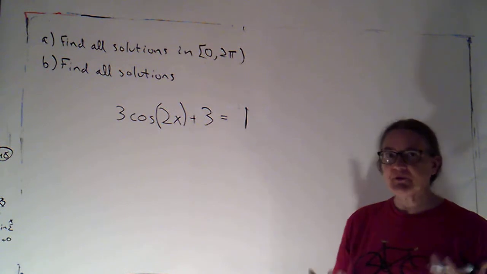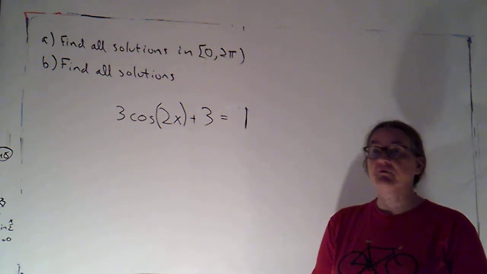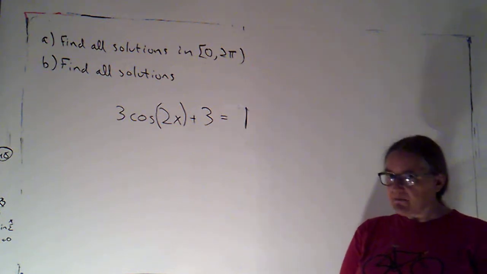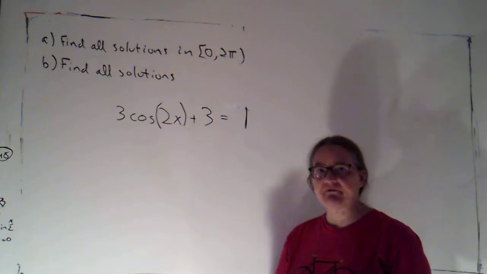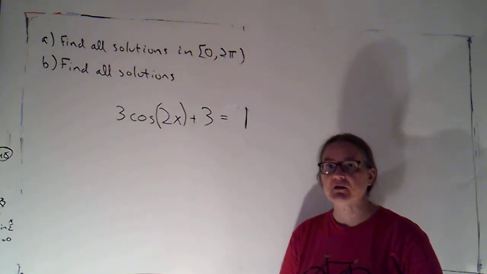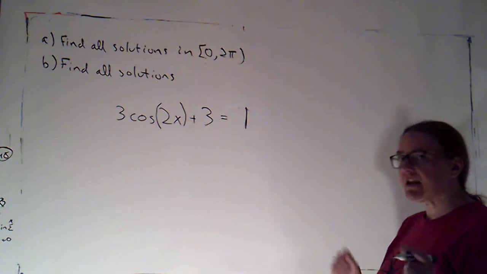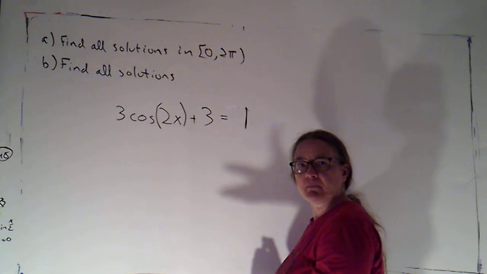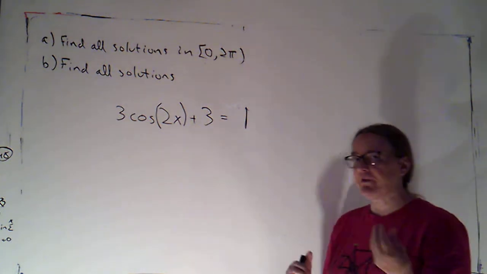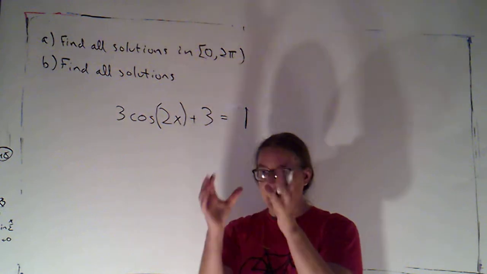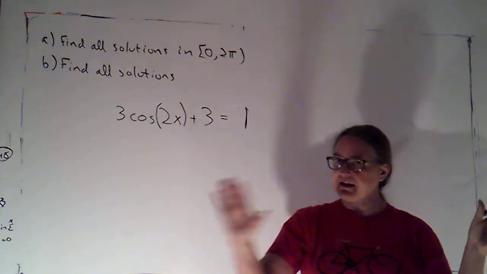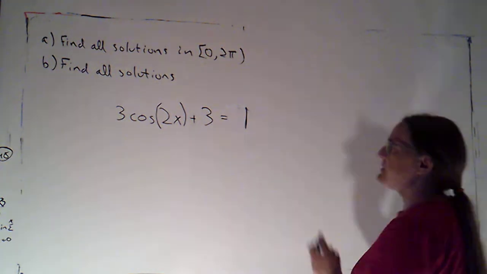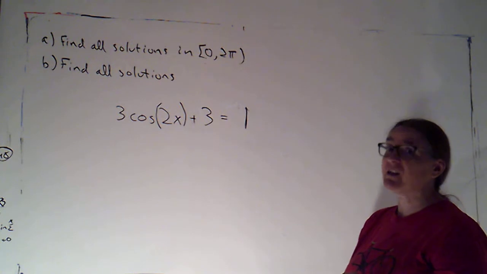Now a lot of times when people see that, they say, oh, we'd better use the double angle formula. Let's not, okay? There will be times when we might need to use double or half angle formulas in solving our trig equations. But the only time you're going to need to do that is when you have more than one angle in the problem. Because I can basically solve things if I can have this trig function of an angle is this number. If I can get it in that form, I can figure out what that angle is. Okay? So I don't need to use the double angle formula,